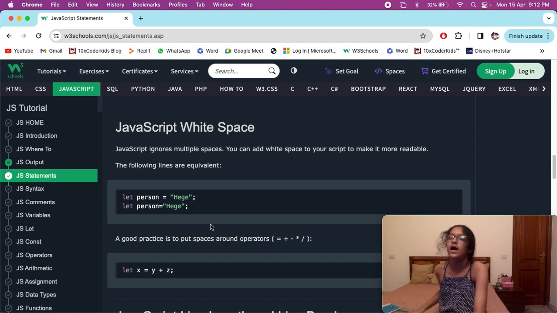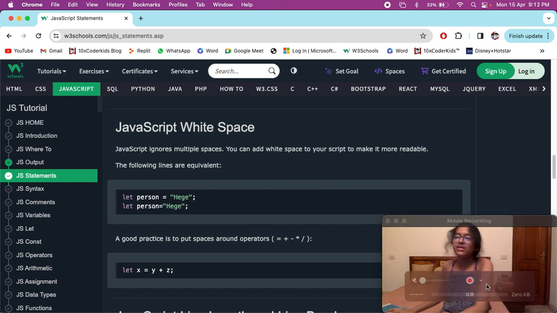So the answer is that here, as you can see, there's a white space, and here is also a white space, but here there is no white space, right? So oh no, there's going to be an error. Oh my God, just because of white space, I'm going to get an error. No, nothing like that. It's okay. You can ignore the white spaces or not. It's just that the more spaced it looks, the more beautiful. Look at this, doesn't it look all mixed together? This looks much better.